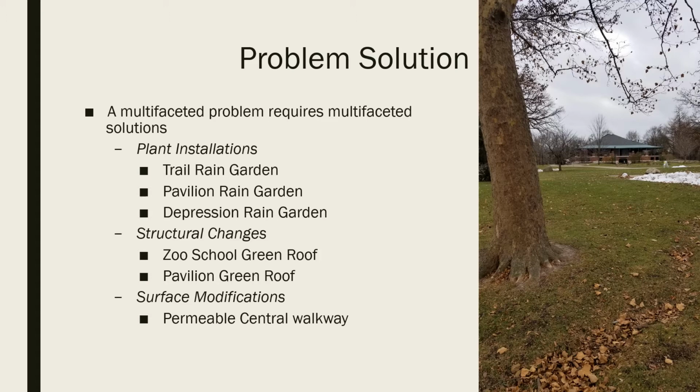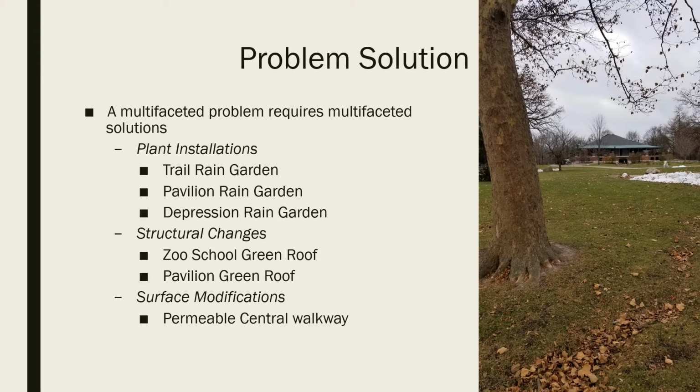Surface modifications is a third category that we're looking at adding. So in the actual zoological gardens portion of the park, the primary ingress and egress trail is a sloped concrete section that is the lowest part of the zoo area. And so because of this, any of the water that accumulates on the upper areas of the mostly concrete zoo